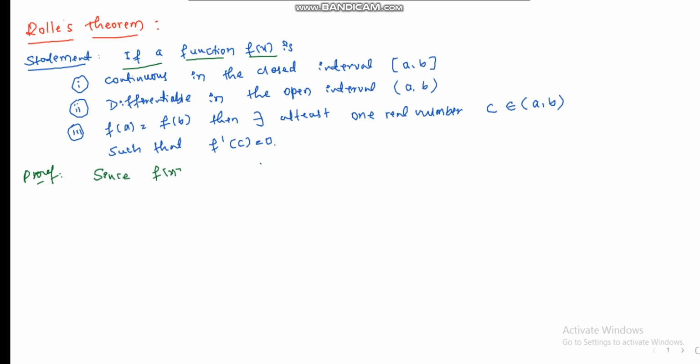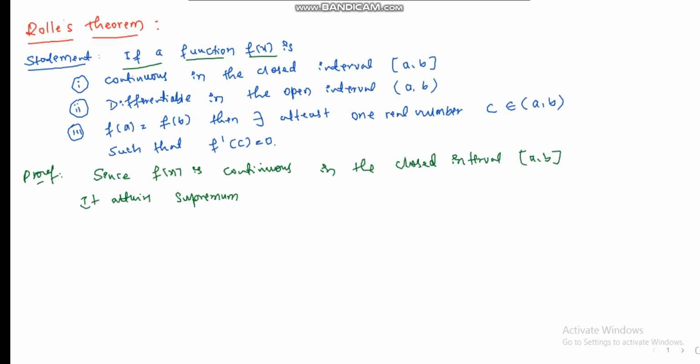Since f(x) is continuous in the closed interval [a, b], we know that if it is a closed interval, there is an infimum and supremum. So write it down: it attains its supremum, which we take as capital M, and infimum as small m. And also then there exist alpha, beta